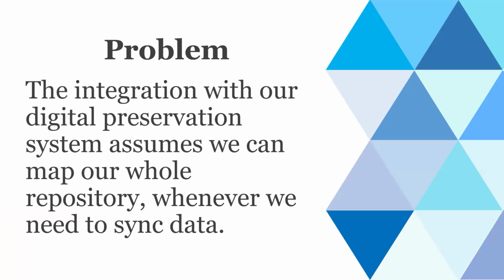So our next problem, similar to the last presenter, was the integration of our digital preservation system with our ArchivesSpace install. We wanted to make sure that the ArchivesSpace install would always be sort of the application of record for all of our metadata. And we are not using Preservica, we're actually using Libnova. So they are sort of in the box ArchivesSpace